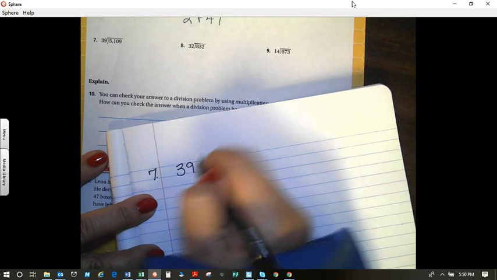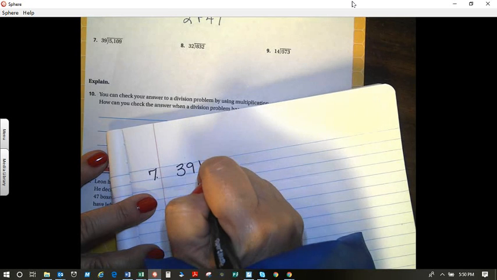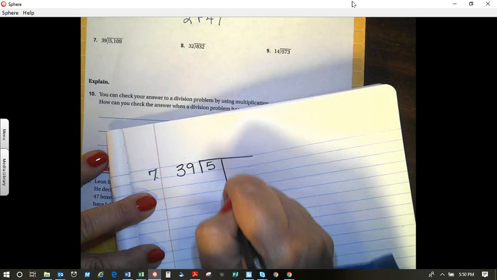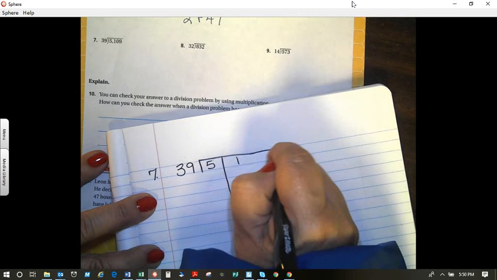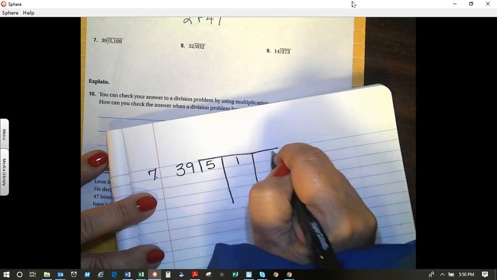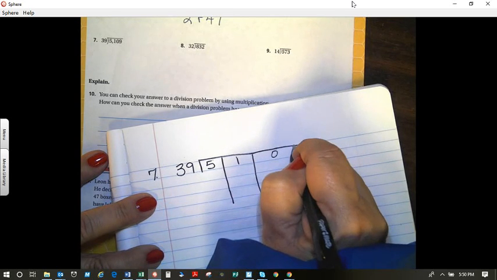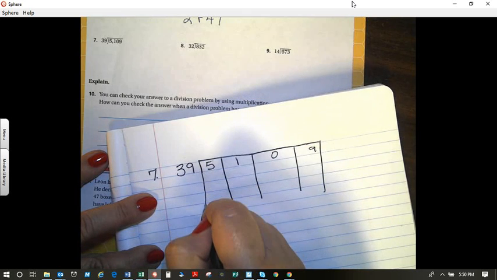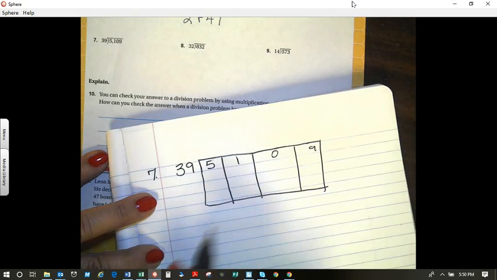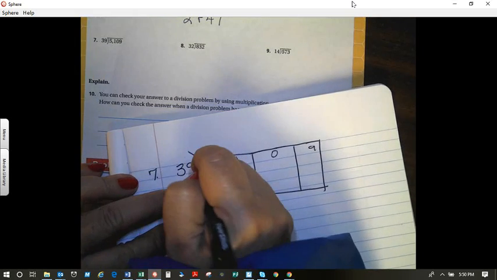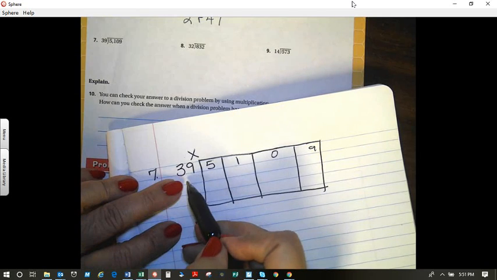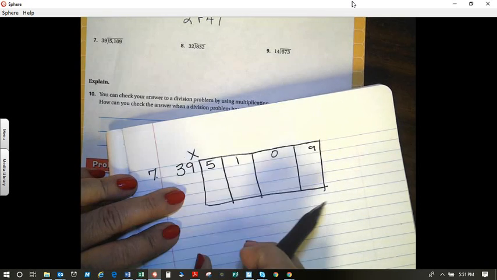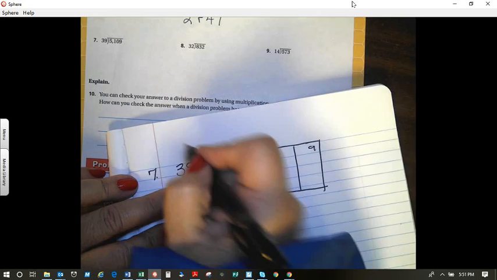I have a 39. I have 5, 1, 0, and 9. Just kind of spaced them out a little bit more so I have room I can work with it. Okay, I'm going to put my multiplication sign here. So are you kind of seeing the gist of it? This is still like long division, but instead of doing my subtraction down, I'm doing my subtraction across. This is groups of